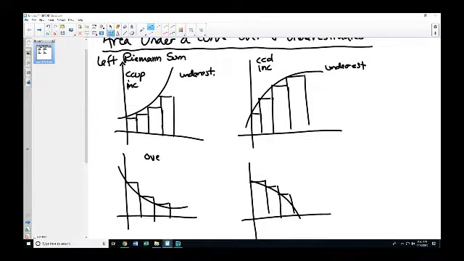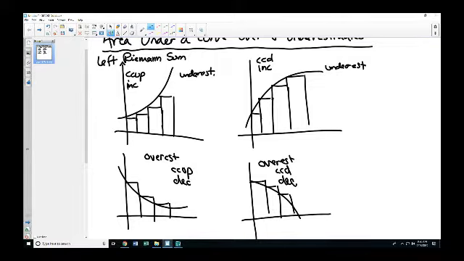Overestimate. Concave up and decreasing. Okay? And overestimate. Concave down and